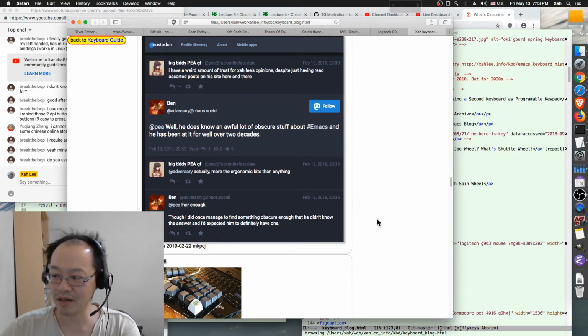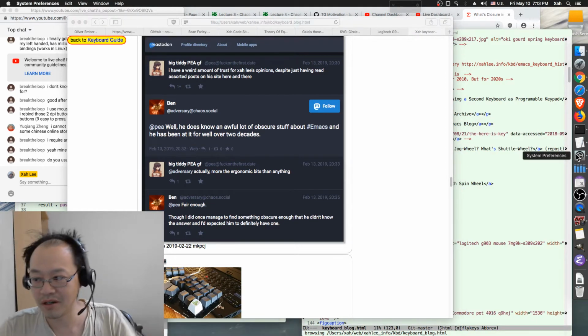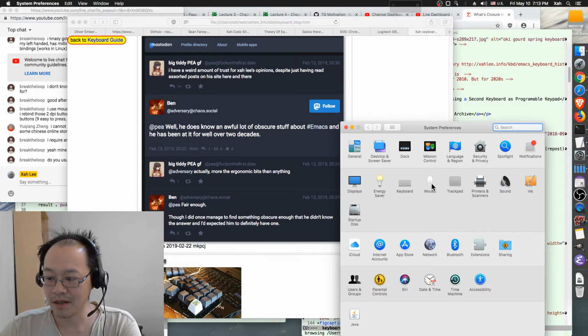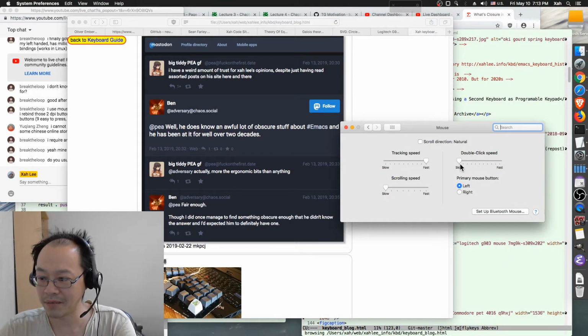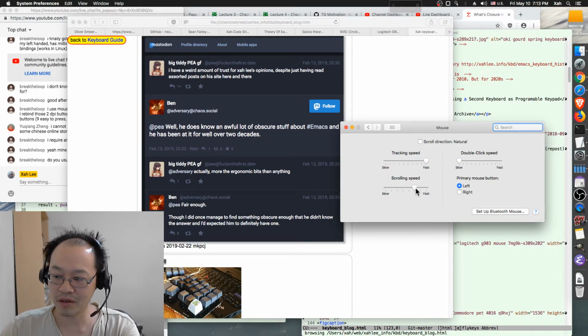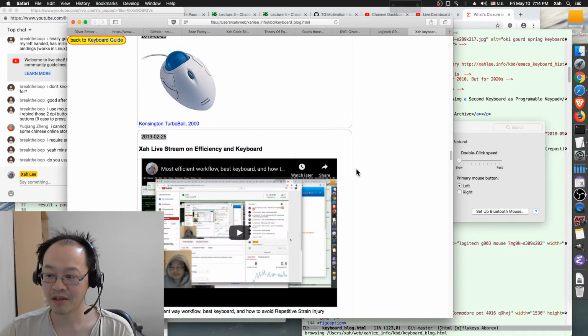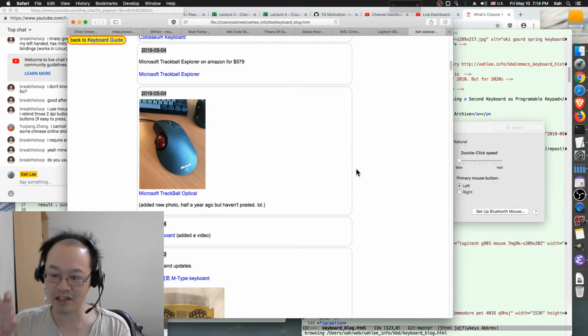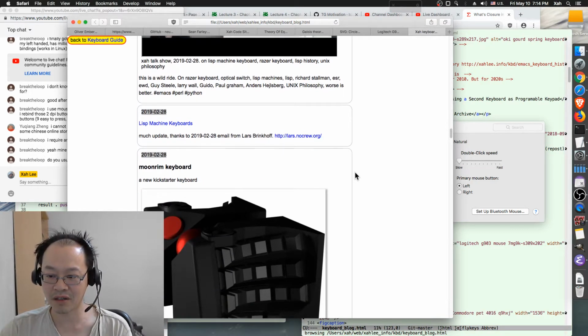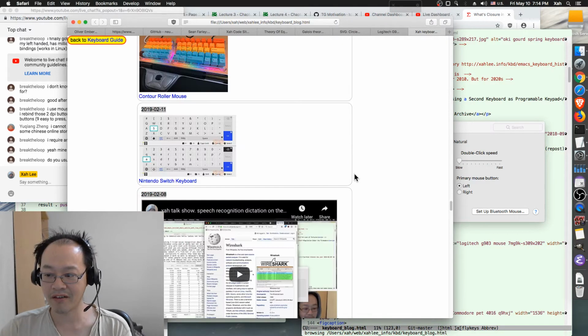But on a Mac or Windows, if you have scroll wheel acceleration, that means, for example, I actually turn it off because I have a spin wheel. But let me show you when I have scroll wheel acceleration, turn it on. So I'm turning it on right now. So I can go to any position in this long page by just a flick. Like I can go slowly, like right now I'm going very slowly, or I can flick all the way to